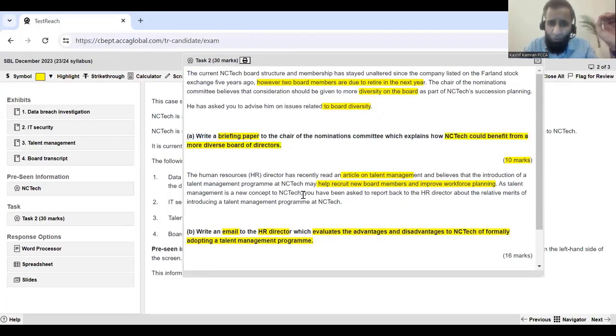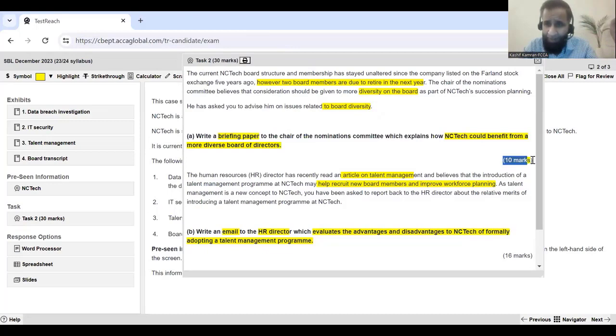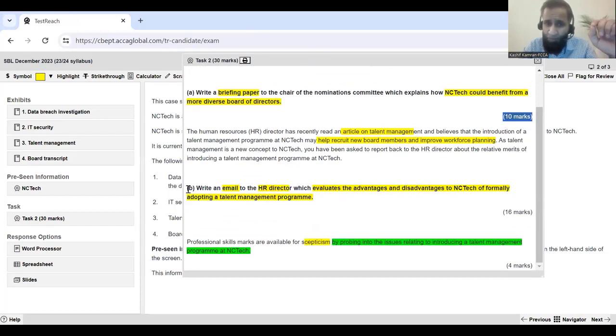Now for task 2, when you look at the A requirement, where you need to discuss the board diversity for 10 marks, there are no professional marks allocated to task 2A. You go down and you can find the task 2B. Write an email to the HR director, which evaluates the advantages and disadvantages to NC Tech of formally adopting a